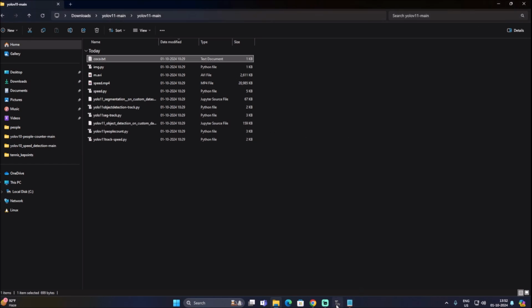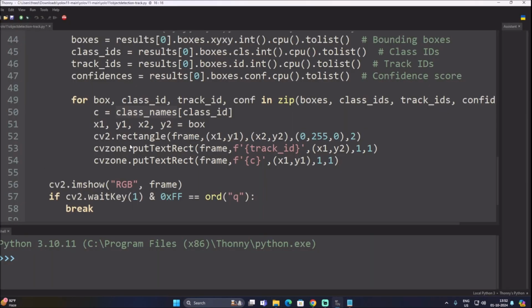So now we have our box. With the help of box, we will get our x1, y1, x2 and y2 coordinates for drawing the rectangle on our object. Then the cv2.rectangle method, frame: we are going to draw our rectangle on the frame, and we need to pass all these 4 coordinates, which are x1, y1, x2 and y2. x1, y1 is the top left corner, and x2, y2 is basically the bottom right corner. So cv2.rectangle, then we want to draw our rectangle on the frame, then x1 and y1, then x2 and y2,